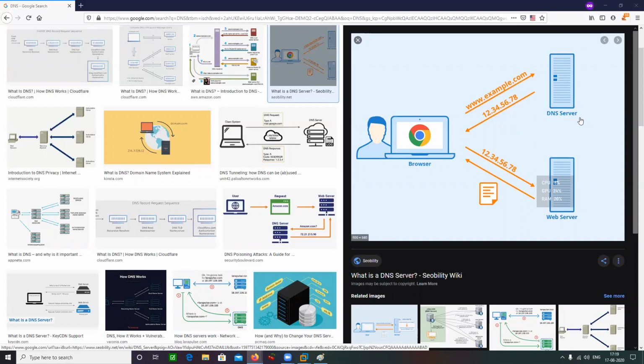It's like if I'm trying to visit facebook.com, the computer does not know what is facebook.com. The computer cannot right away make a connection with the facebook.com server. That is not possible for it. So what happens exactly is